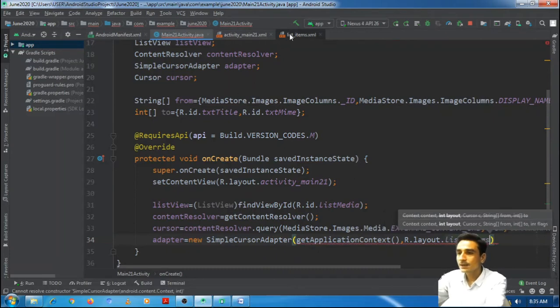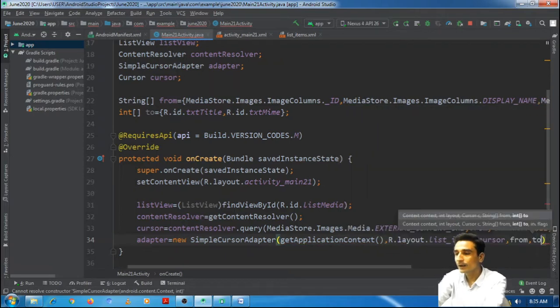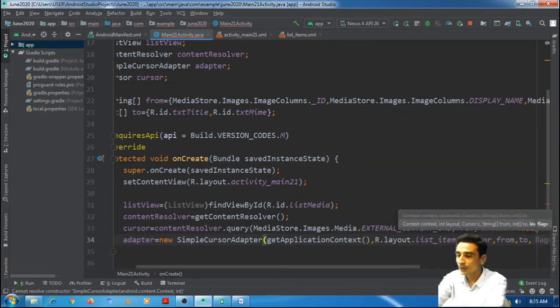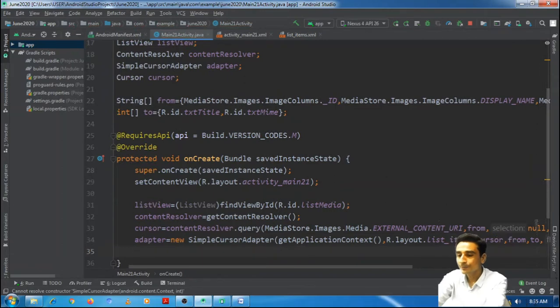See here, list items is the layout which we want to repeat for each item in the list view. Then our cursor, from array and to array, and flex 0. Once this much is done, we should set this adapter to the list view using the setAdapter method.